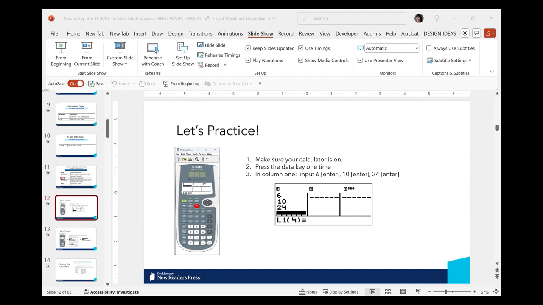And you're going to notice now that once we do this, it's going to tell you, do you want to clear the values that you've already put in here? If I were to use this down arrow key, I can go down one more to number 4. And someone is asking to be reminded where the data key is. The data key is located right here. So it's going to be the third column, second row, right next to your